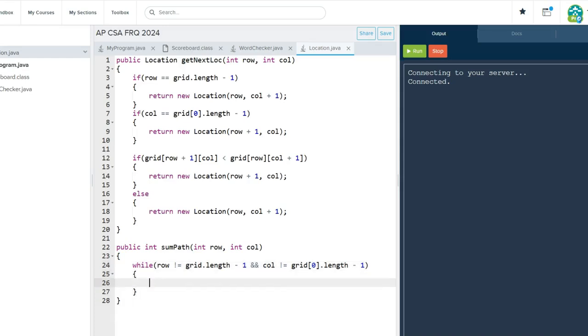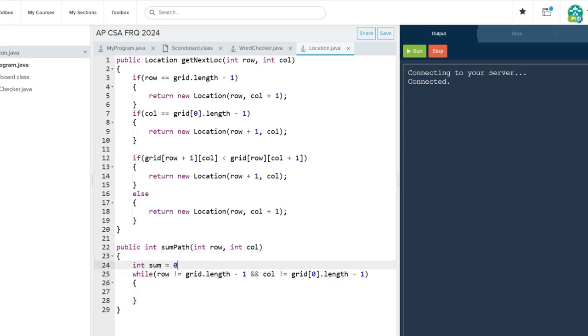we are going to... it includes the first value, so we're going to do a sum that we're going to return, so you obviously need to have that start at 0. sum += grid at, since these are all int values, grid at row, col, and then